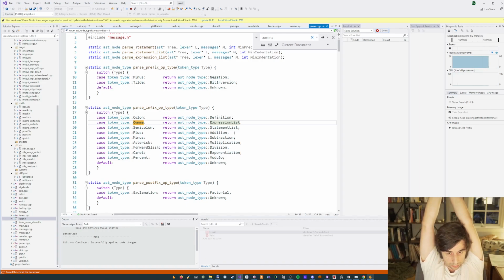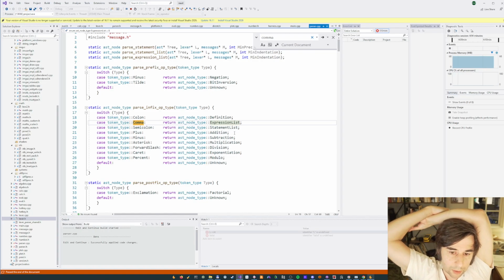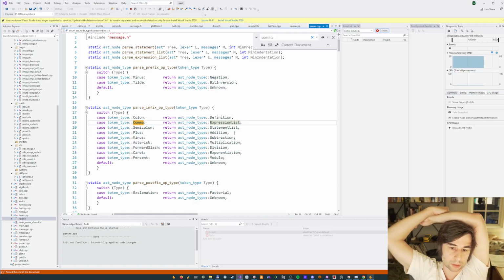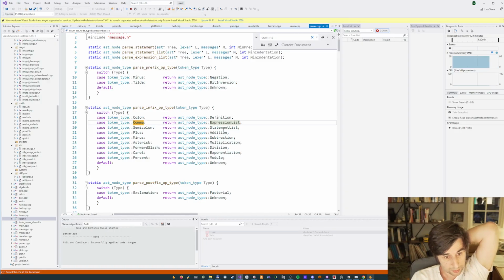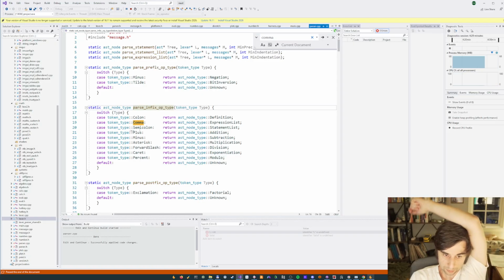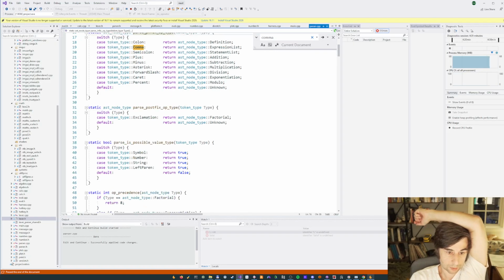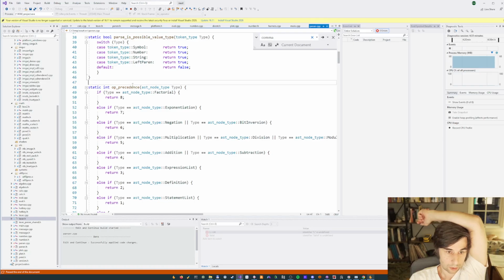And, oh, maybe that's right. So maybe it's right. It's an expression list. How is it different from a statement list? So it just isn't, except for semicolons. So commas and semicolons in my parser are infix op types with a specific precedence. So if you look at the op precedence,